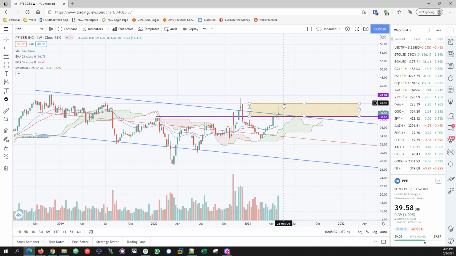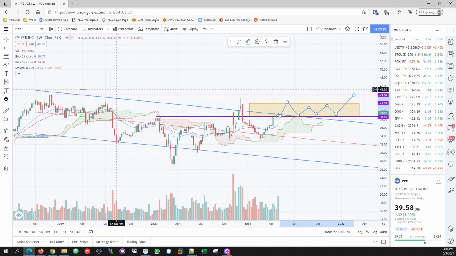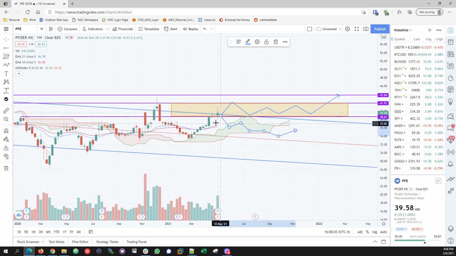So within 3 to 4 weeks, if the price fluctuates in this zone, you're building a base for the higher up. That would be your potential target. If it doesn't maintain, you're looking at a zone right here. So two scenarios here. Either you're going to trade in this range and then go up, build it.